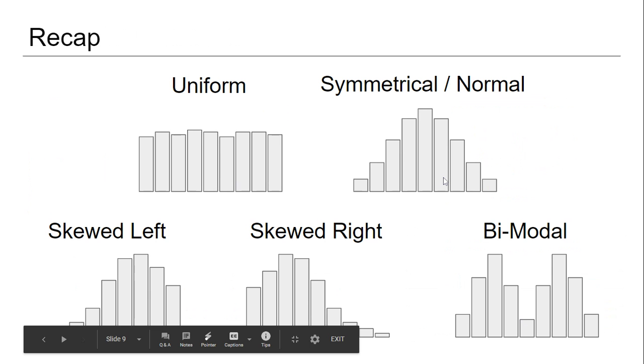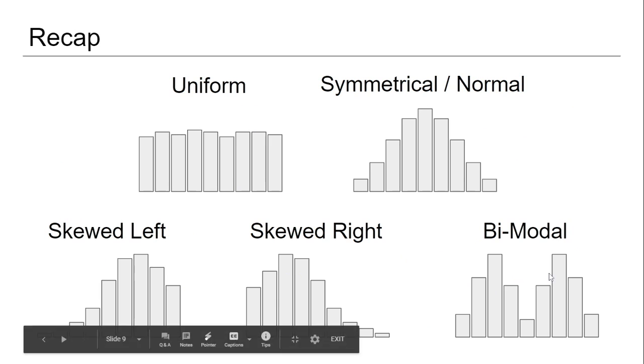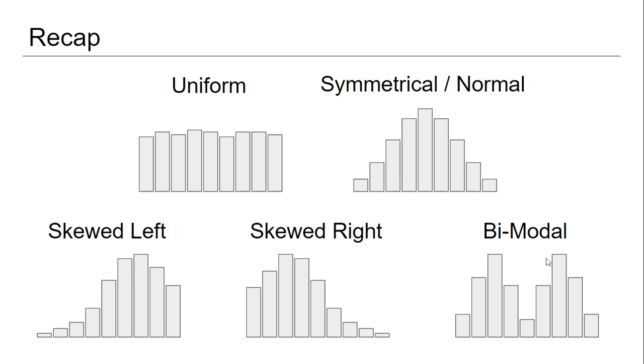So there were 5 distributions that we talked about: uniform, symmetrical, skewed left, skewed right, and bimodal. And that's all you need to know about